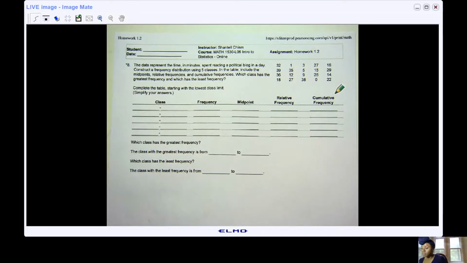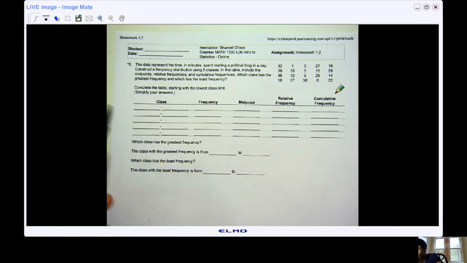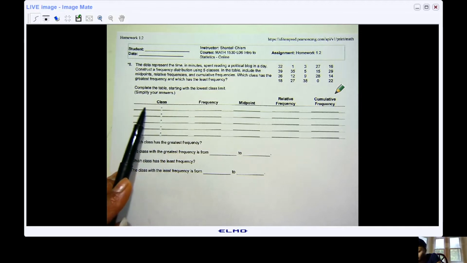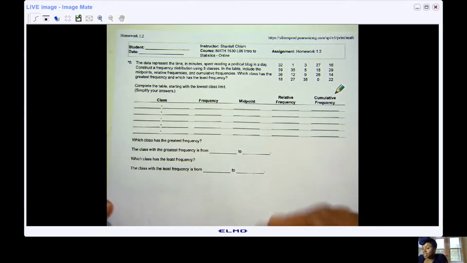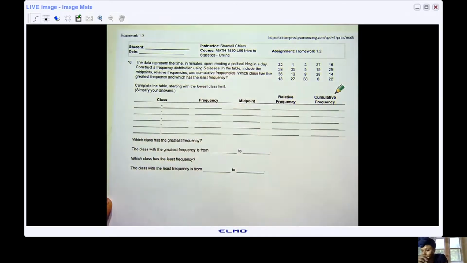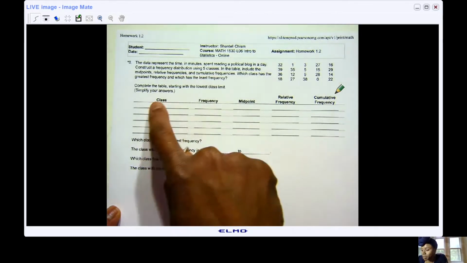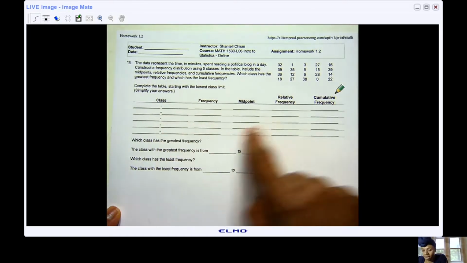So first thing we have to find in order to set up our classes, we're going to have 5 of them, and you'll notice that there's 1, 2, 3, 4, 5, a space for 5. The lower limit to the upper limit, with the little dash separating. This here to the left will be the lower limit to the upper. Also, when I printed this, it shows me where all my answers will go. When you're plugging in your answers in the system on the computer, it will make you type in your answers across. So it'll make you complete one full class first before you go to the next one,